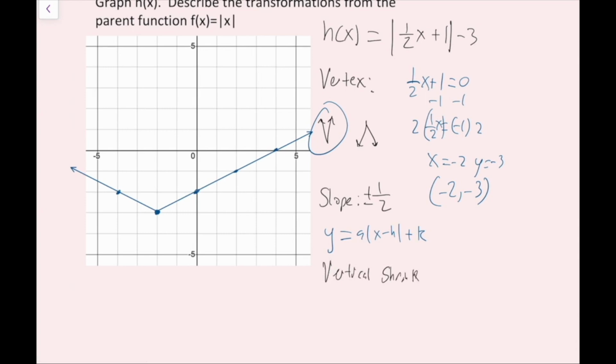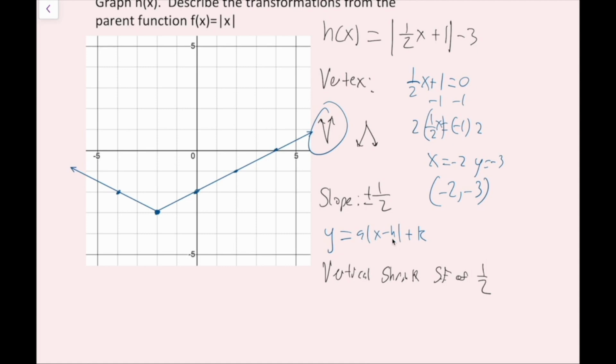And the benefit of thinking of everything as a vertical shrink is your scale factor is just the slope. If you remember, the horizontal scale factor is the reciprocal of the slope. But in this case, it's just a vertical shrink with a scale factor of 1/2, which is my plus or minus my slope. Okay, so I've done that, and now all I have to do is deal with my translations,